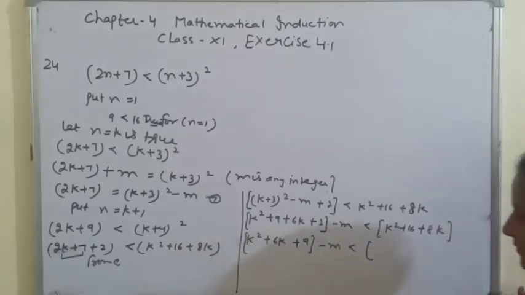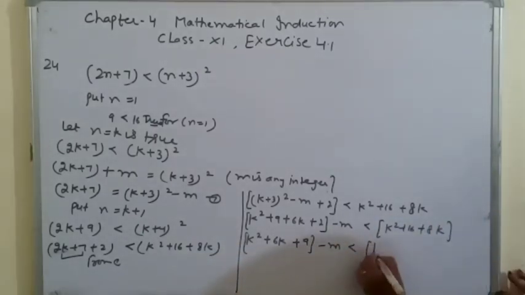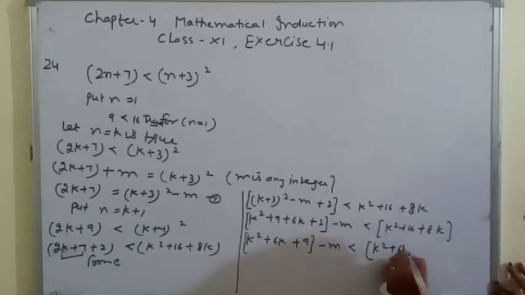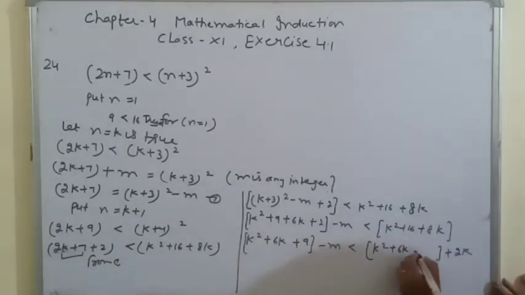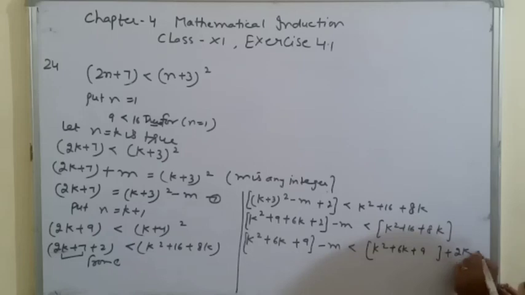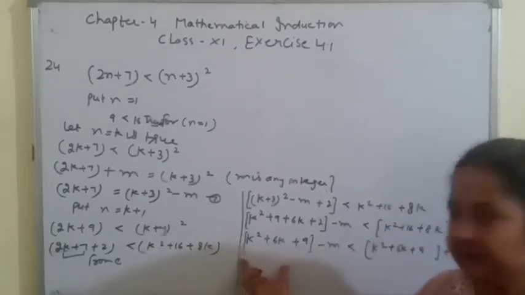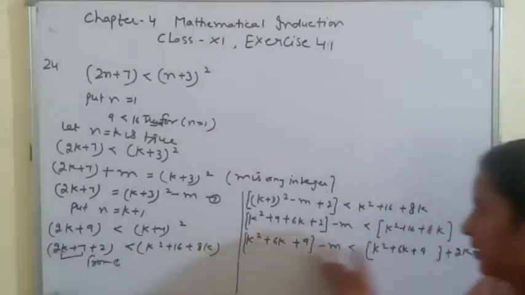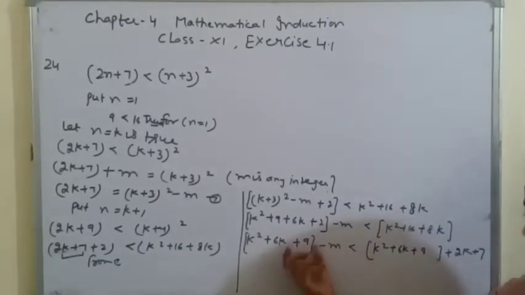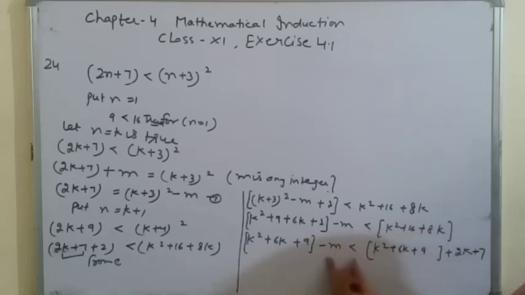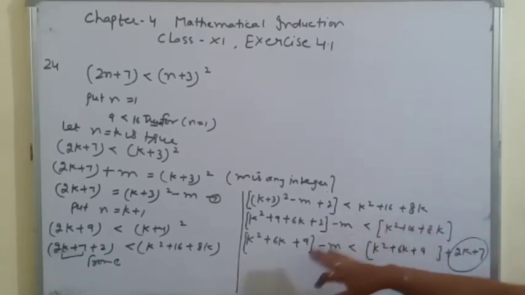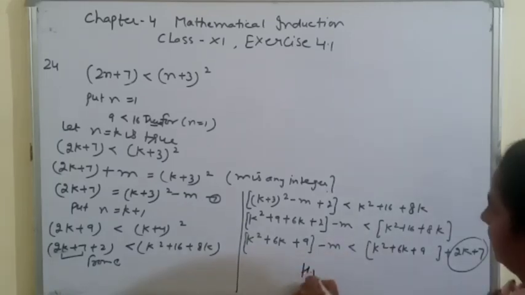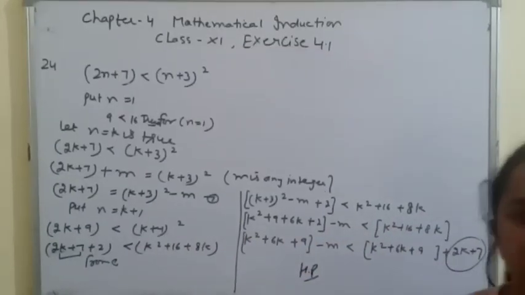This is k square plus 6k plus 9 minus m. So let's see how the right side is greater than the left. K square plus 6k, still we have 2k left. Here 9, it is 16, so this is 7. You can see at the left side and at the right side, when we compare these two sides, at the left side some integer is subtracted, and at the right side 2k plus 7 is added. So obviously the right side is greater than the left side. Hence proved. This was chapter 4. Hope it's clear to you. Thanks for watching.